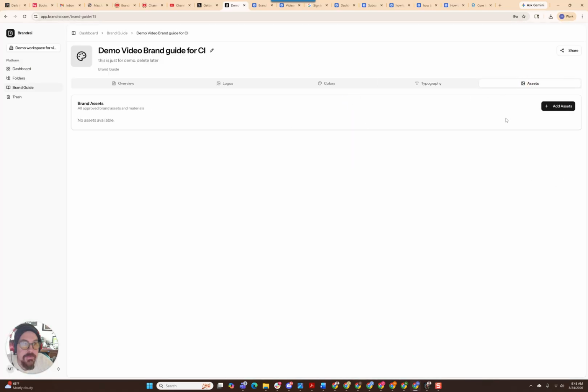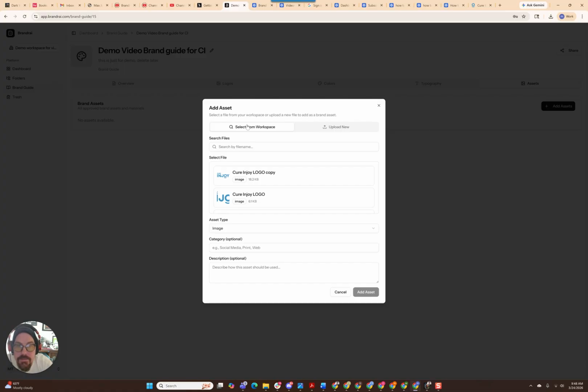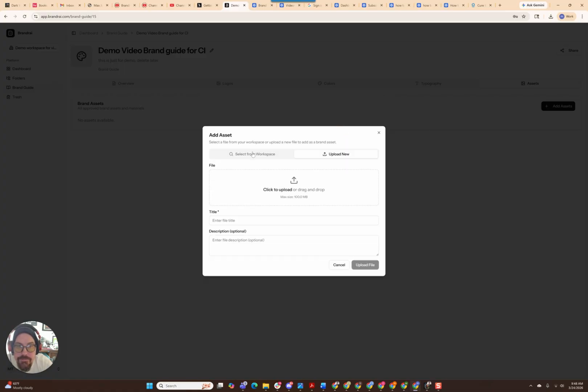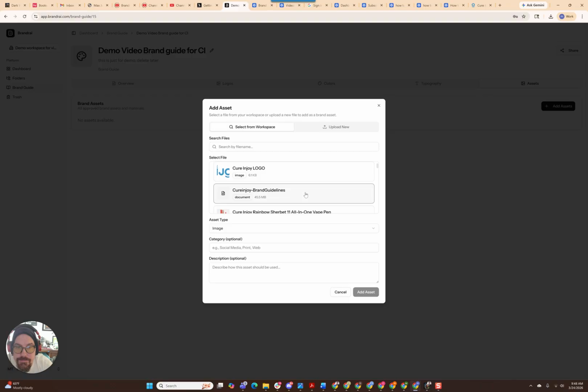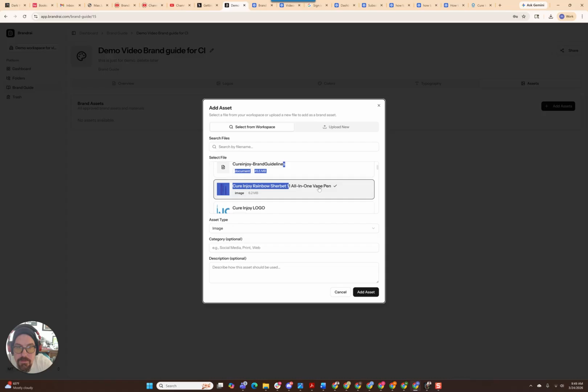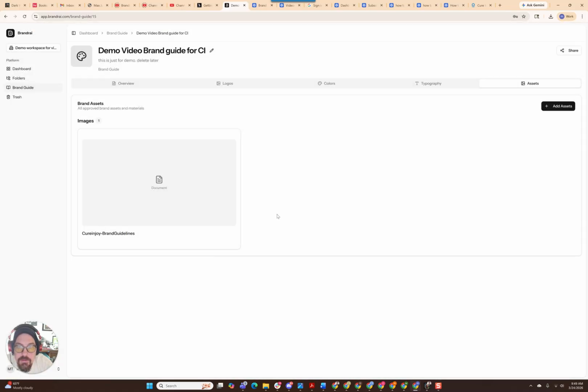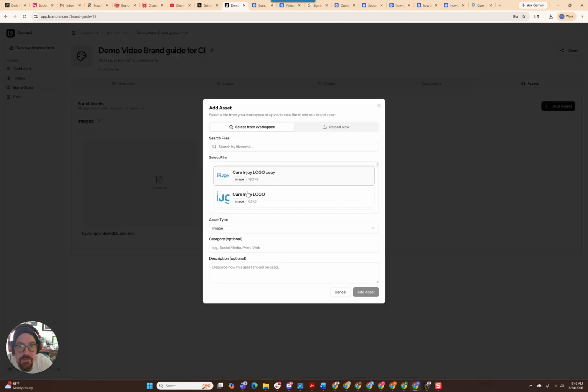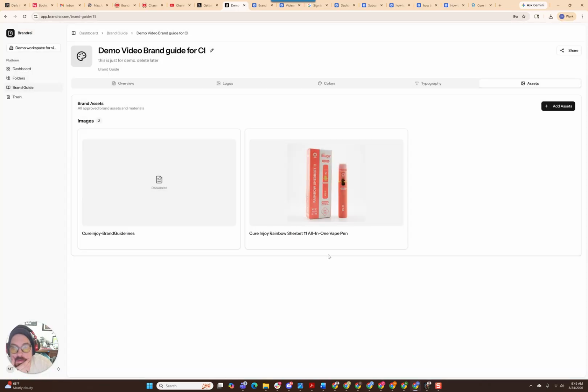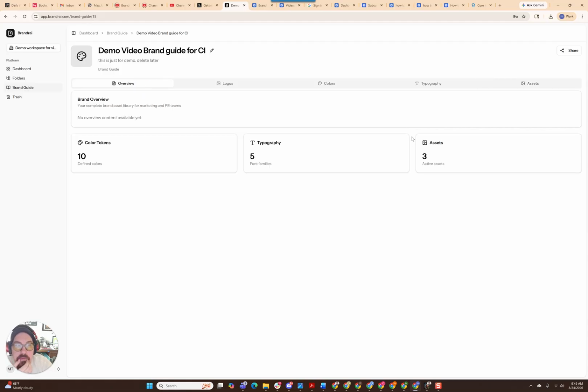Okay, but in the asset folders, we're going to add assets. Select from workspace or upload now. Select from workspace. So we can do brand guidelines. This, you know, okay, so now we have the assets. This is a little slower this way, because you can do just like a direct, like add it to the whole thing. But if you notice the overview right here,